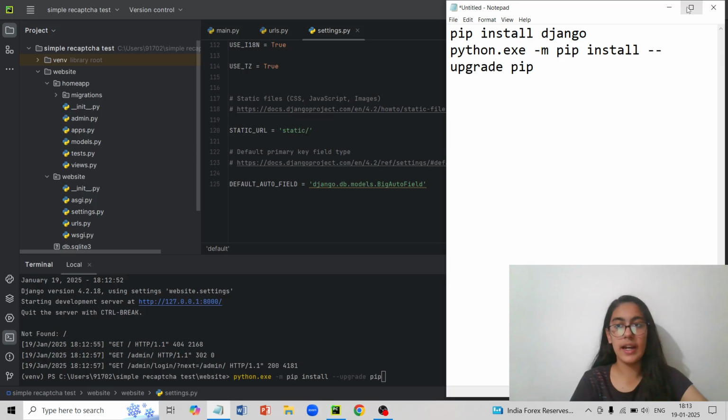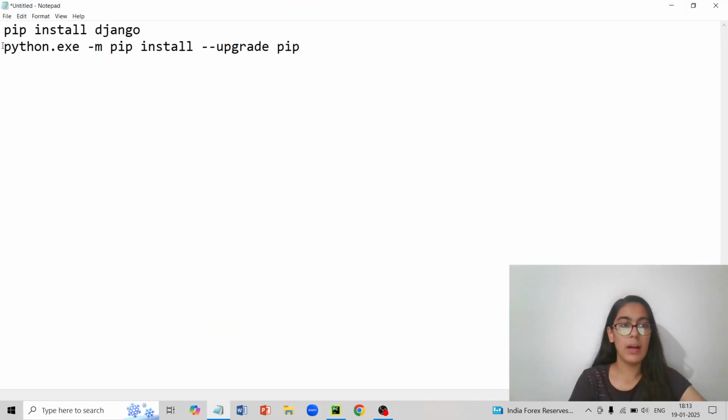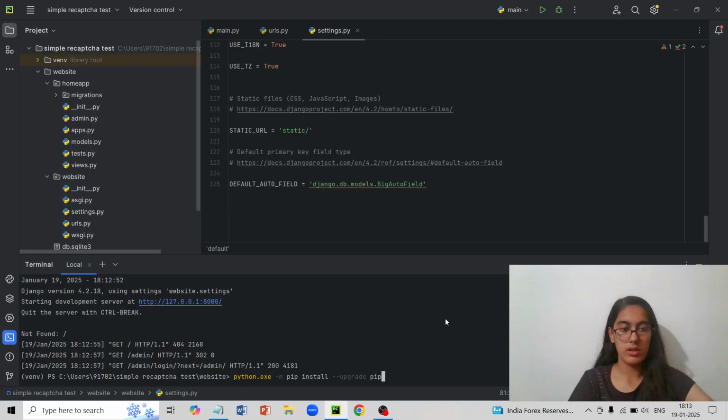So this will be our line: python.exe -m pip install --upgrade pip. It will be telling us to install the upgraded version of pip.